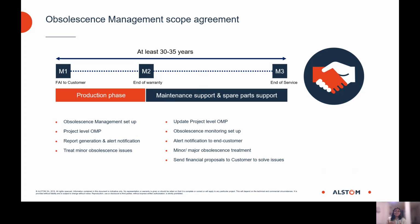Once we describe the existing process in Alstom in support of this obsolescence management, the next point which becomes very important is to understand the customer requirements, the customer scope, what they are expecting from Alstom as support for obsolescence management. For example, if we need to provide a project level OMP and there ends our responsibility, or we need to support them as a part of the maintenance support or spare part support as well, there the responsibility